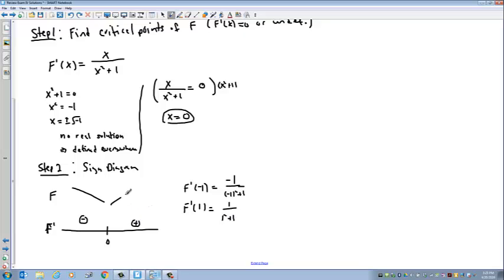And so it tells me it's increasing here. And so it looks like we'll have a minimum right there. So what I can conclude here is that f is increasing on 0 to infinity. It's decreasing from negative infinity to 0. And then I have a local min